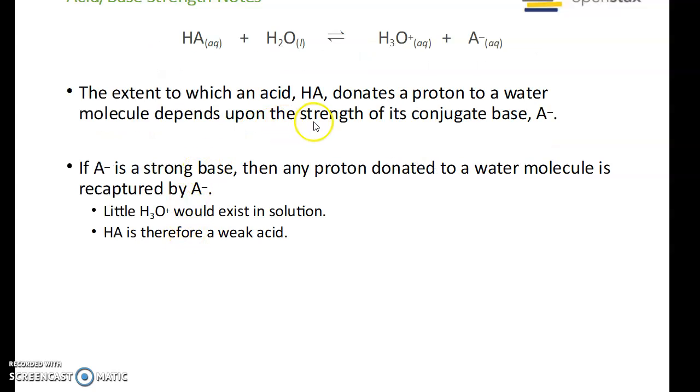So the extent to which an acid donates a proton in water depends upon the strength of the conjugate base A-. This is the conjugate base, right? This is the acid. Okay, this is the acid right here. This is the conjugate base of this acid. If this is a strong